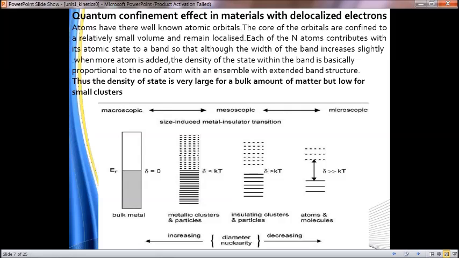But here insulating clusters are somewhat combined, but it possesses a little bit, it's not conductivity, it's a reflective property. That reflecting property is lesser when compared to that of an individual atom. And when you come to metallic clusters and particles, it is higher. And when it is a bulk material, the confinement is very high. So this is given over here in quantum confinement.